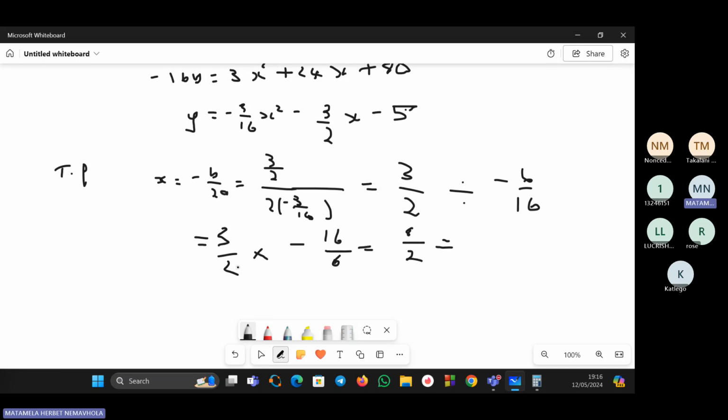So 16 divided by 2 is 8. So it's going to say equals 8 over 4 over 2, which is going to give us 4. It's going to be negative. Remember, the answer is going to be negative 4. So when you get your negative 4, then to find the value, we found the value of x. To find the value of y,